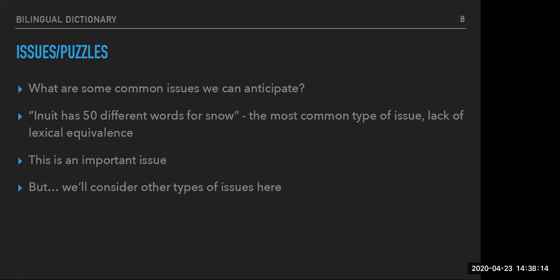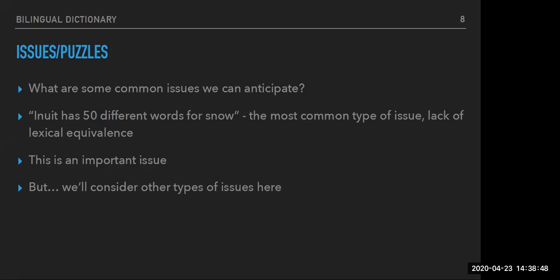So we're not going into those complicated questions. I'm just saying that there is this kind of idea that the main problem between languages is that there is no lexical equivalence sometimes. So that's the most popular imagination. I'm not saying linguists think that, because we also understand structure and things like that. But these are the popular ideas of the problems you can have when it comes to translation. And this is an important issue. I'm not making light of it. It is a very important issue, and it is taken seriously in lexicography.